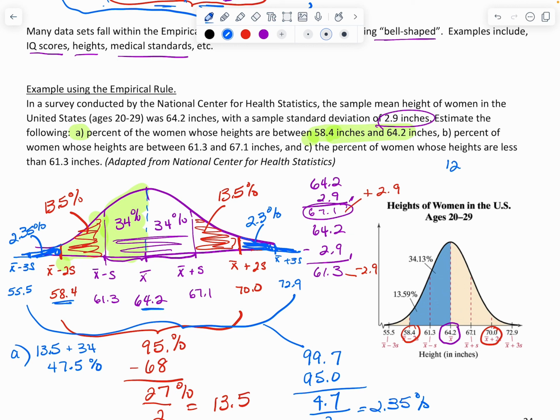And just as a frame of reference, remember that there are 12 inches in 1 foot. So 58.4 is close to,